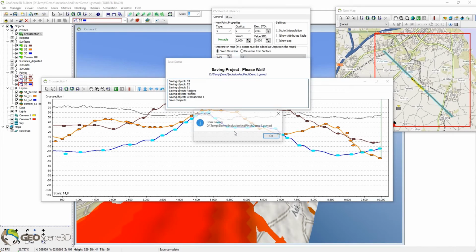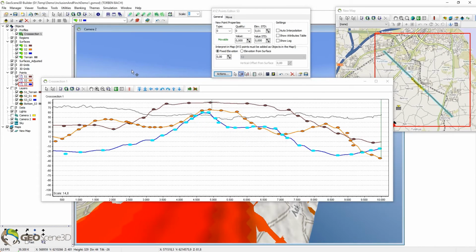So the thing is that now we are ready to run the tool that will squeeze and adjust the grids we've generated here. So remember that in Geoscene all layers are simple 2D grids, so that's very easy to understand, and we have tools in here to manipulate these grids.